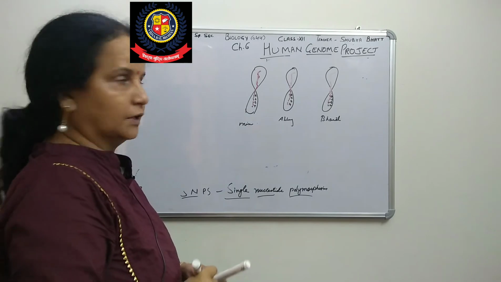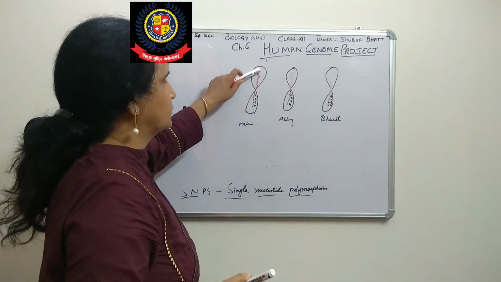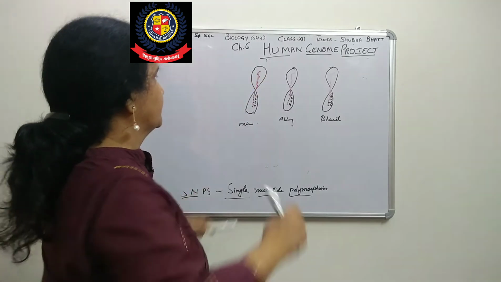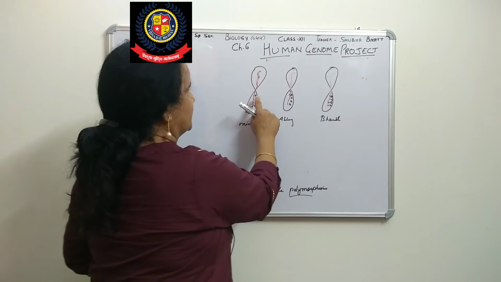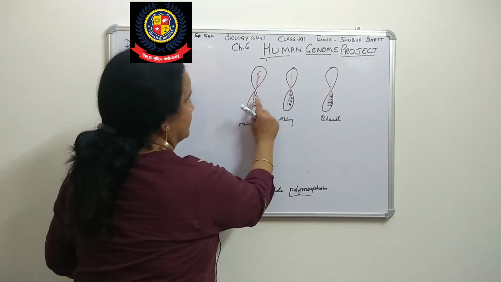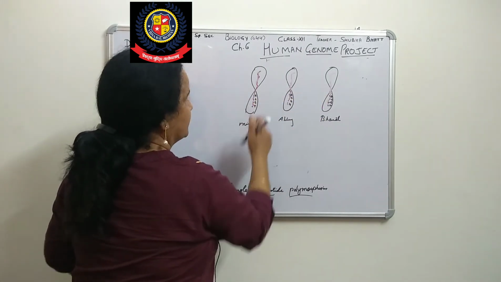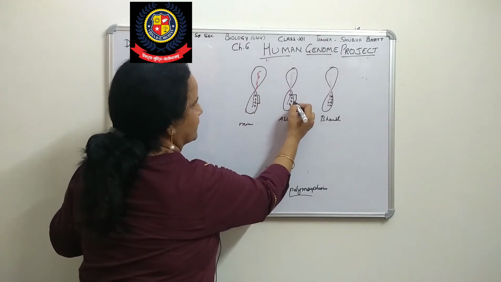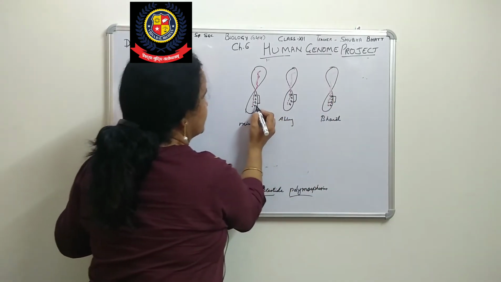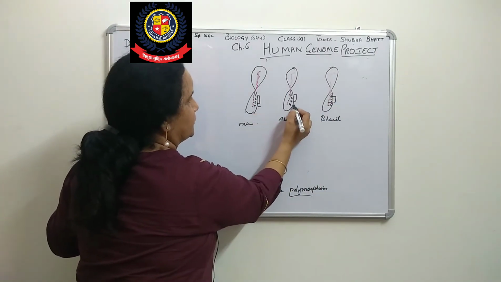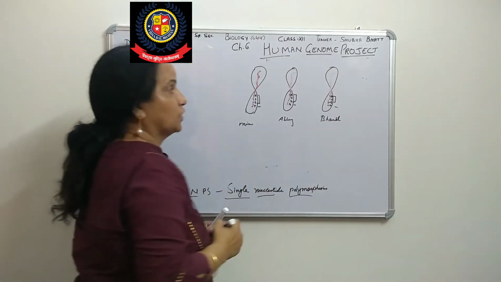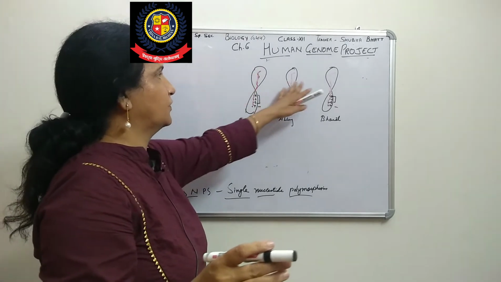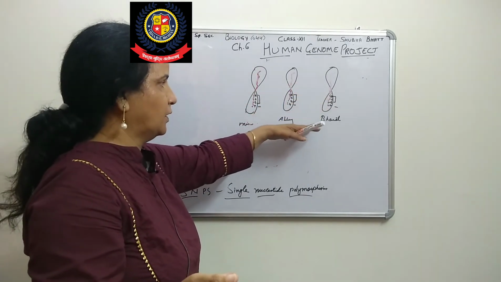What we find here is that all are the same. This is a nucleotide. We have taken one nucleotide, and most of the sequences are the same. Here A is the same, A is the same, A is the same. C is the same, so these three sequences are the same. The difference is that a T is there, a G is there, a C is there. So that will be the 0.1% difference. Rest of all these nucleotides are the same, whether it is Abhay or Bharat or mine.